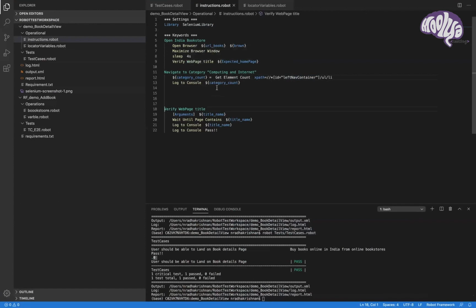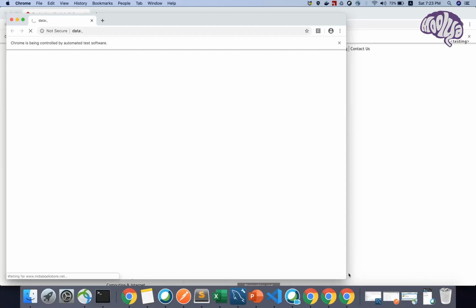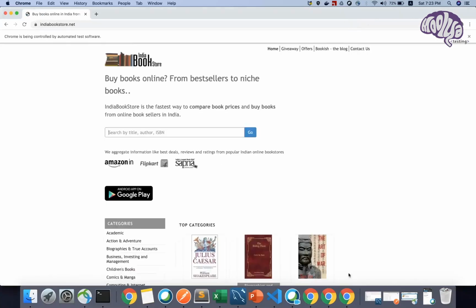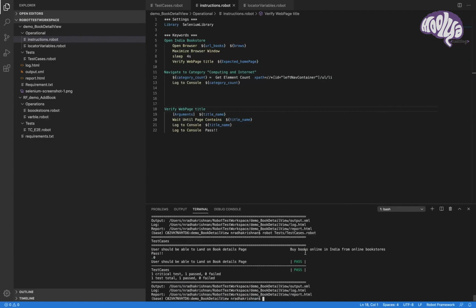It's calling the next step and it is giving me 0. Let's try it one more time. Okay. We have actually given 5 seconds to validate this web page. Just getting 0.